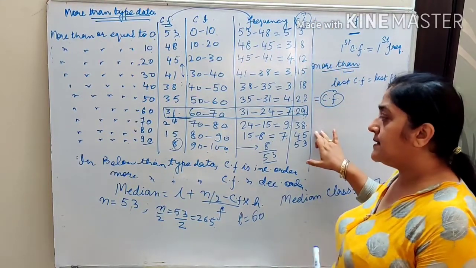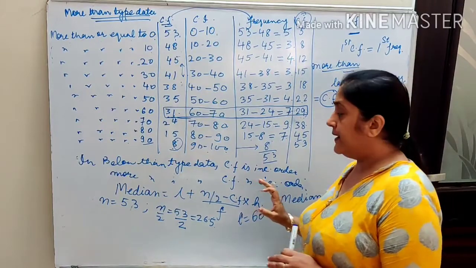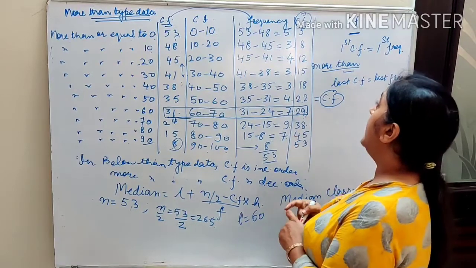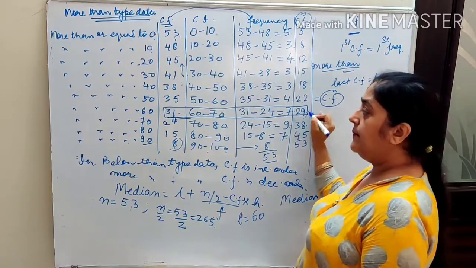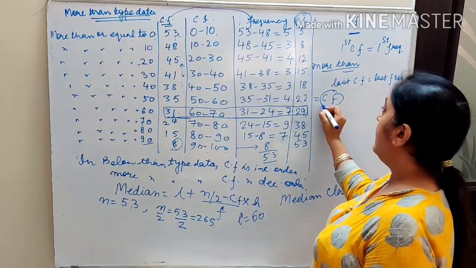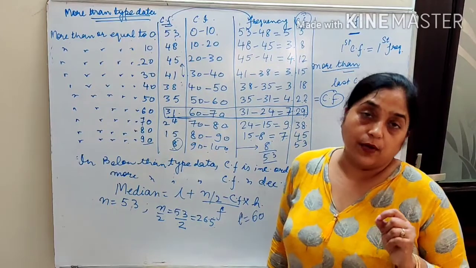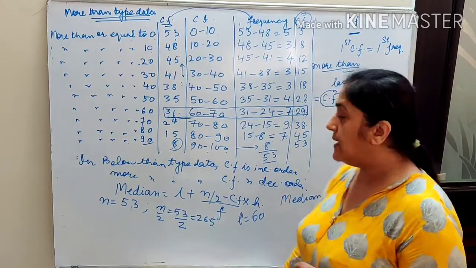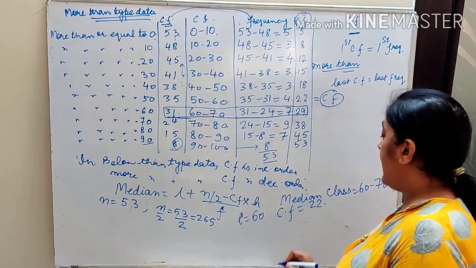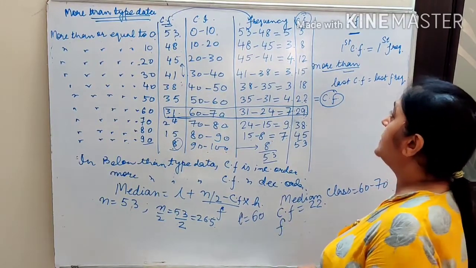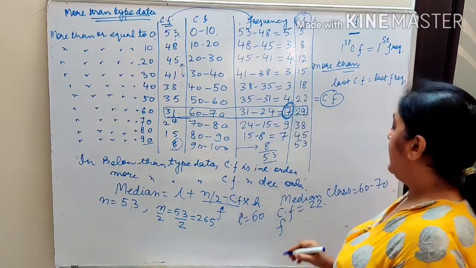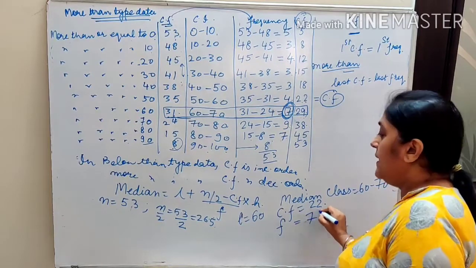Okay, you have done this till here. Then to find out the median class, you find n by 2 and look for n by 2 in the cumulative frequency table, and your median class will come. After the median class, you have to find out CF. CF is the cumulative frequency of the previous class, and that is 22, right? And F. What is F? F is the frequency of the median class, and here F comes out to be 7.